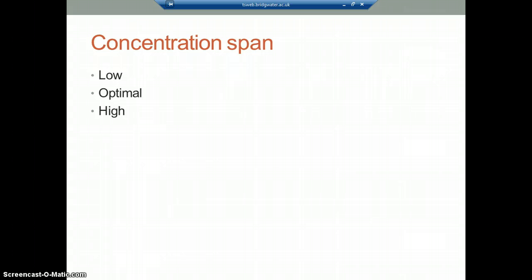Concentration and attention span. When you are at low arousal, your attention span becomes more broad because you are not focusing on one thing, such as kicking a ball. You will be taking in the crowd and other distractions, whereas at optimal arousal, you can just look at the skill and focus clearly on the skill needed. When you are at high arousal, you have tunnel vision, so you are concentrating just on the player that hit you with a hard tackle, and not concentrating on the game around you, and this causes your performance to drop.